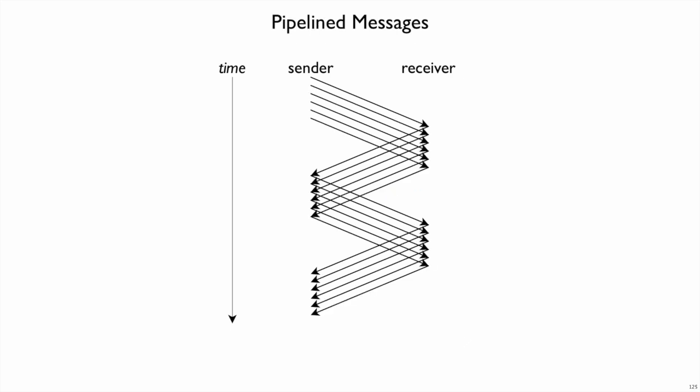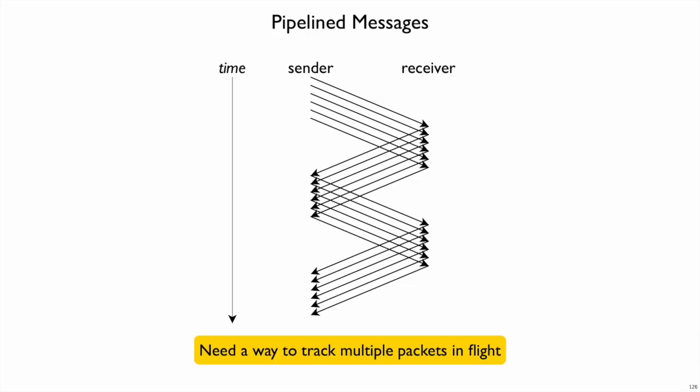So what we would like to do instead is have the sender send a bunch of data all at once. And that data can go through as separate packets, to a large degree in parallel, hitting different routers at different times and eventually getting to the receiver, kind of streaming through a bunch of data. And at some point, making sure that it's all acknowledged from the receiver, but it doesn't have to be necessarily in order or all at once. And once we get enough acknowledgements, we might start going with some more packets and so on. So what this means is that our sender and receiver need a way to track multiple packets in flight.